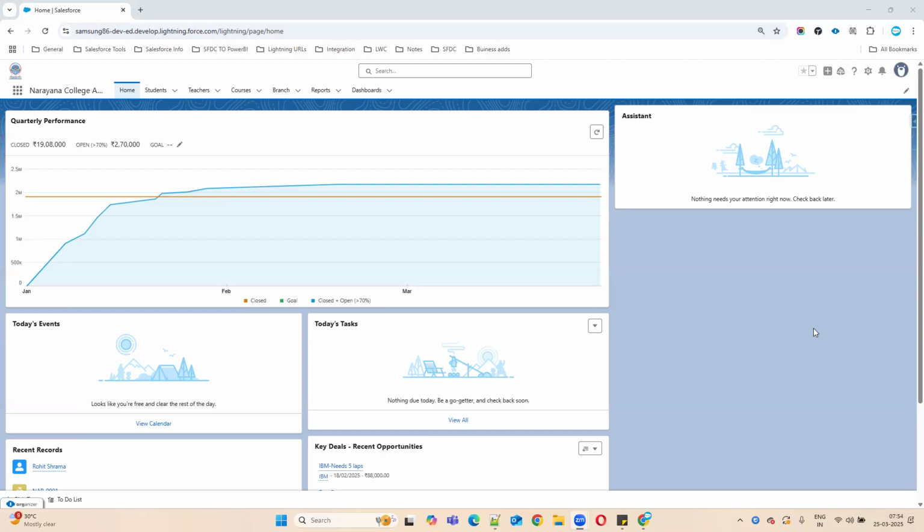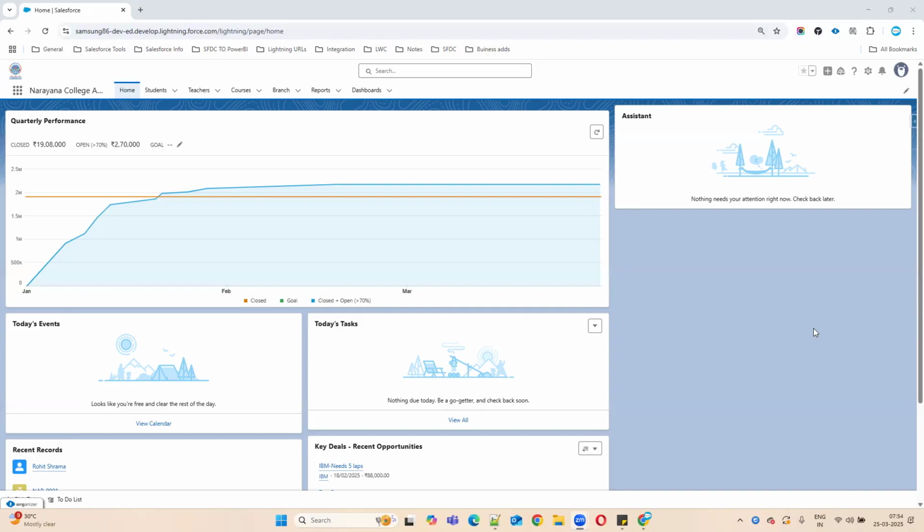In sharing rules, there are owner based and criteria based. Owner based means it shares records owned by specific roles and groups. Criteria based means it shares records based on the field values.